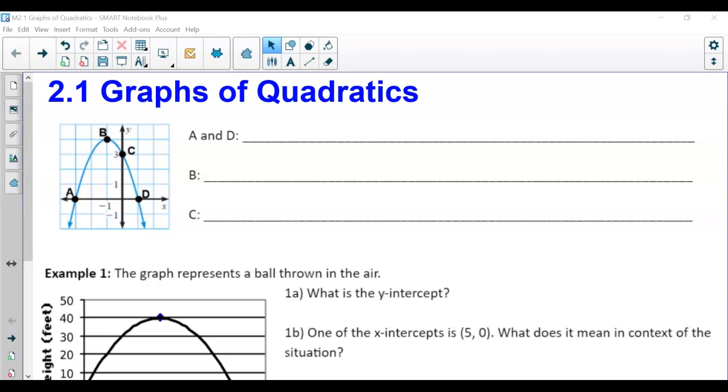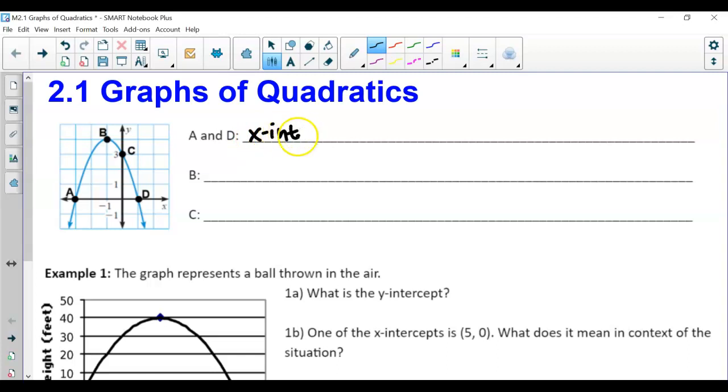In this lesson, we're talking about graphs of our quadratics, looking at some important attributes and interpreting them in real life situations. So just going back to our basics here with our points A, B, C, and D. A and D, notice how they are crossing the x-axis. The points A and D are going to be our x-intercepts. However, throughout our unit concept here, they are also known as zeros, and they will also be referred to as